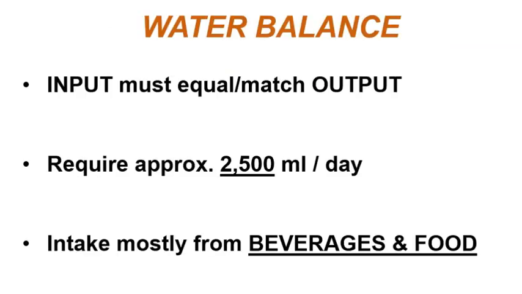So now we'll examine water balance. In order to achieve fluid or water balance in the body, of course, input of water from food or beverages has to equal the losses through sweat, through the urinary system, through the digestive system, and losses through the respiratory system as well. A typical person requires, on average, about 2,500 milliliters of fluid per day in order to maintain